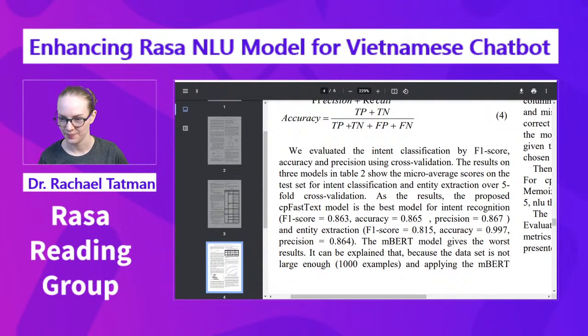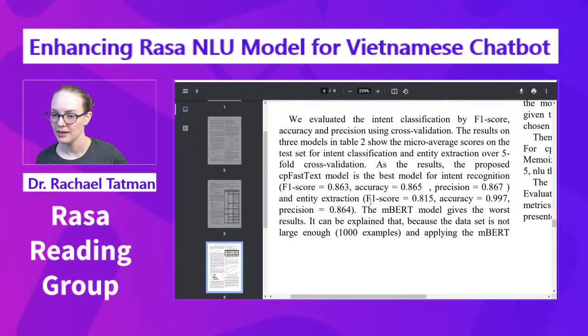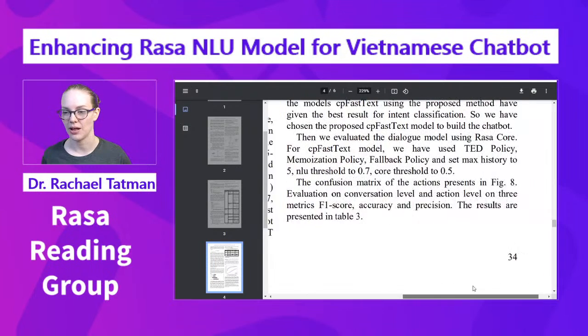5-fold cross-validation. For the results, the proposed model is the best model for intent recognition. F1 score 86%, accuracy 86%, precision. So pretty good. And entity extraction, F1 81%, accuracy 99%, precision 86%. And the MBERT model gives the worst results. It can be explained that because the dataset is not large enough, 1,000 examples, and applying MBERT,